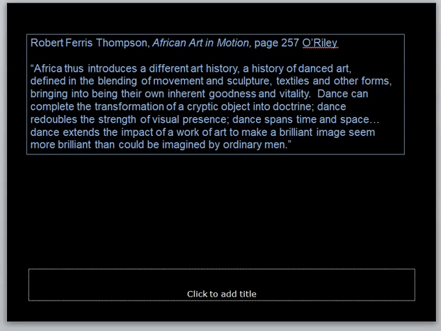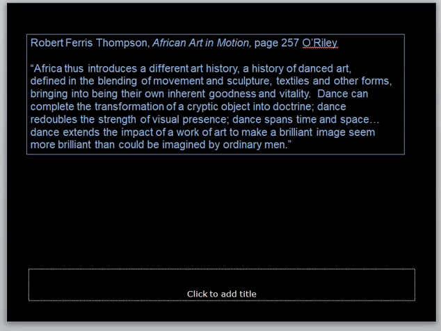It was a teacher at Yale who studied African American art, Robert Ferris Thompson, who wrote a book, African Art in Motion, who first really taught us to understand that African art was created for a purpose, and that purpose often involved dance and music, that the objects were never intended to be static. So let me just read you Mr. Thompson. Quote, Africa thus introduces a different art history, a history of danced art, defining in the blending of movement